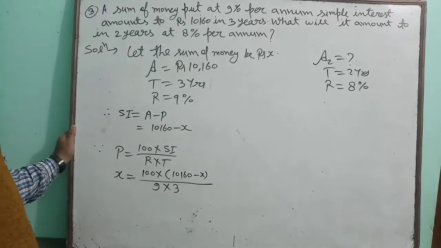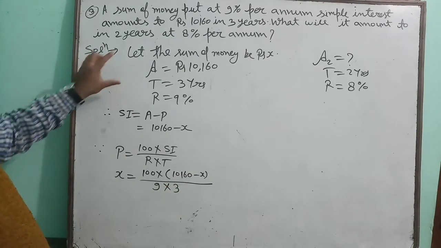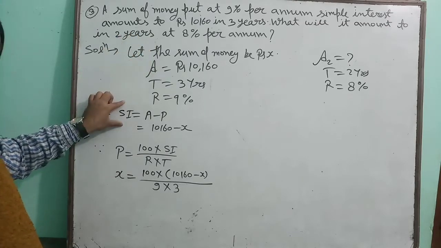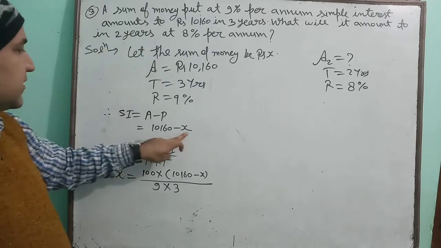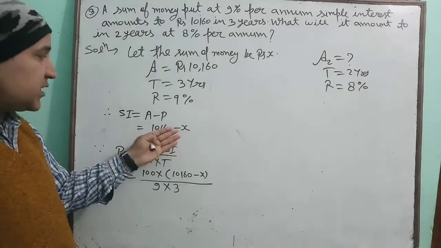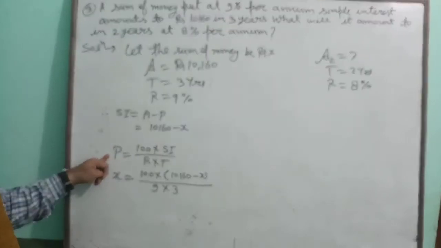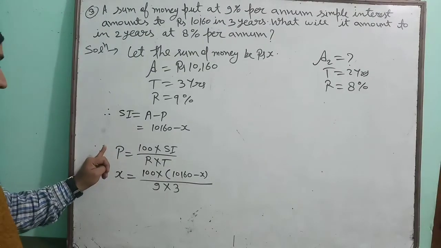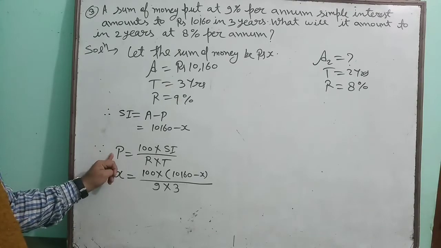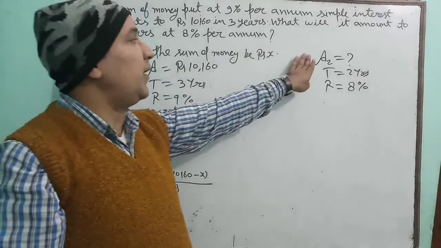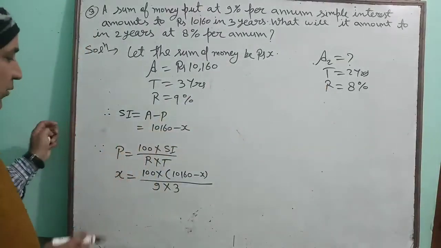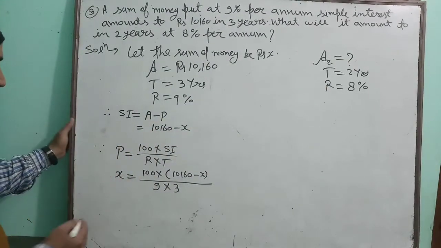Tell, is this point understood or not? First, with the help of amount and principal amount, we have got simple interest. You can see simple interest has a variable X. This is unknown. That is why again we are using the principal formula, because our target is to find the principal amount. Without finding the principal amount, we cannot find the total amount in that second part. Okay, so solve this one and find the value of X.